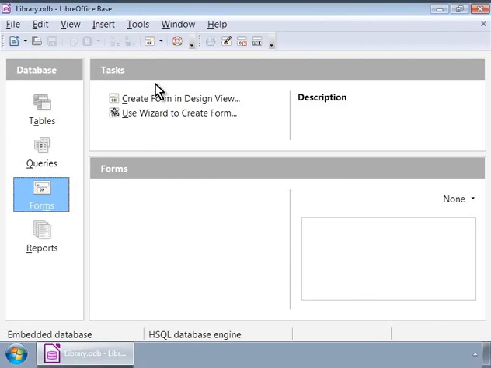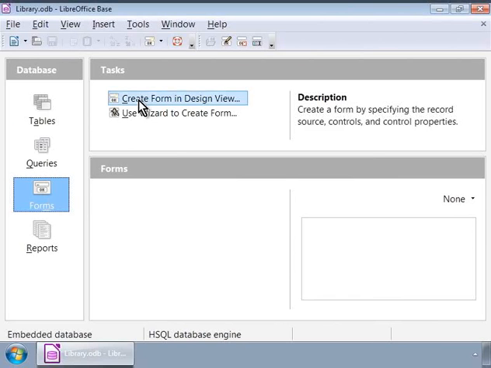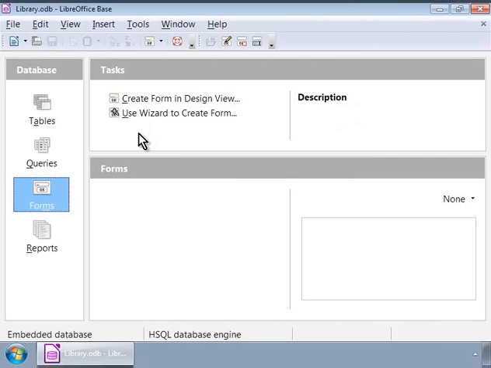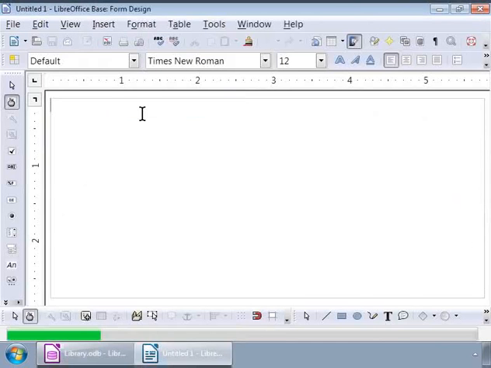Let us click on the Forms icon in the database list on the left panel. Notice that there are two ways to create a new form. Create form in Design View and use Wizard to create form. Let us click on the second option, Use Wizard to create form.